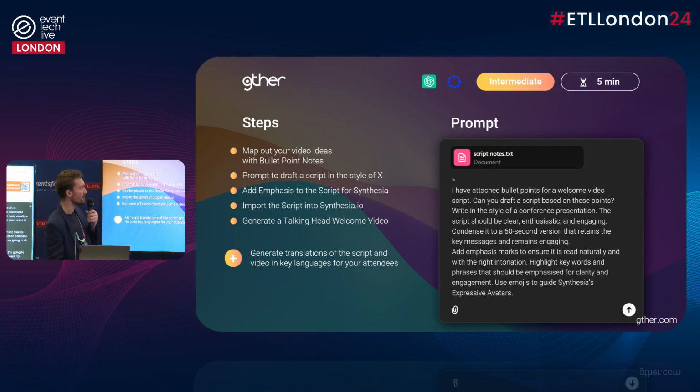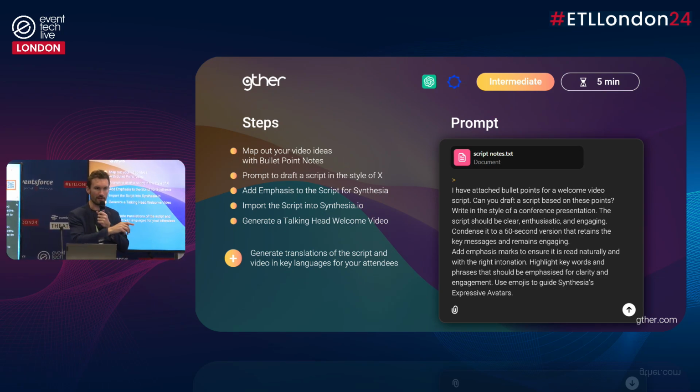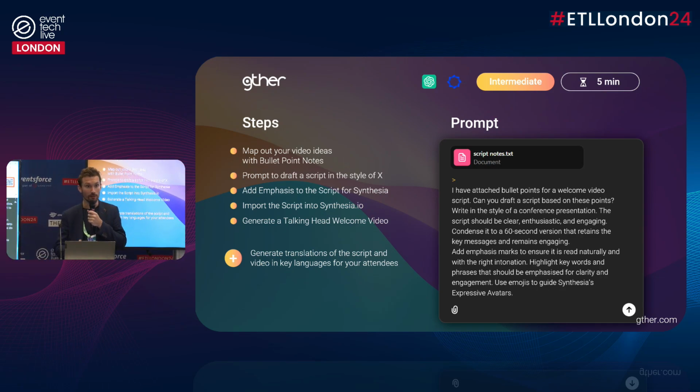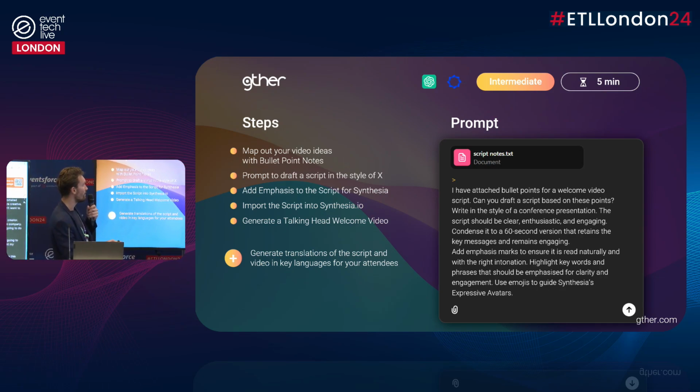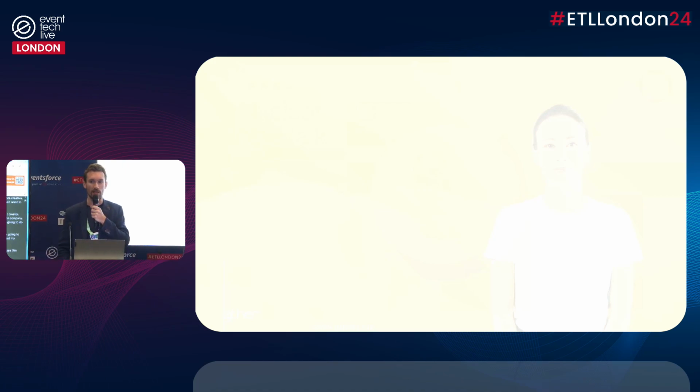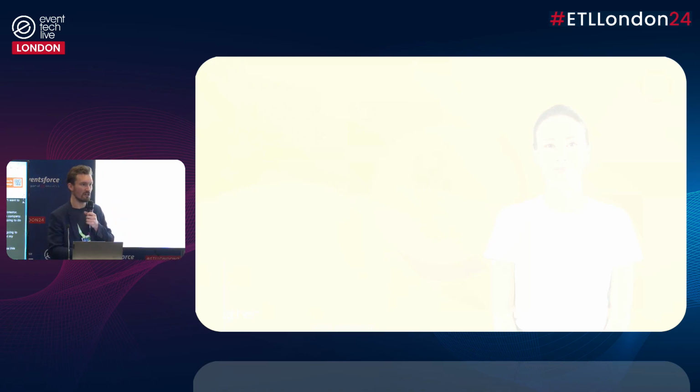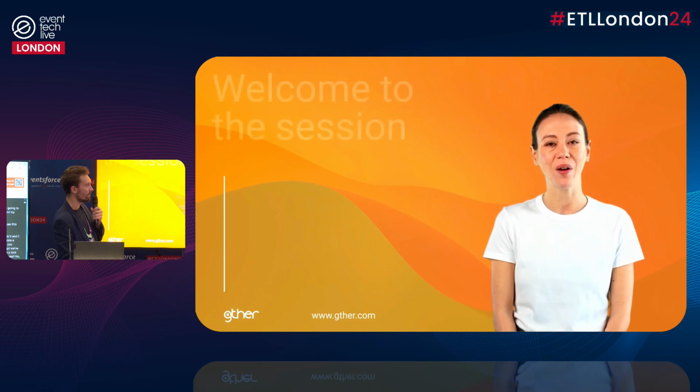And off the back of that, we can use a tool called Synthesia. Anyone here heard of Synthesia? No, it's a great tool. It's really cheap. And I'll show you the kind of output we can get from Synthesia. So this was generated off the back of this talk. I wrote a prompt, it took about 20 seconds, and Synthesia then generates me a lovely